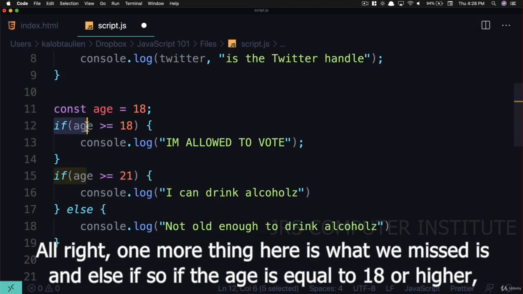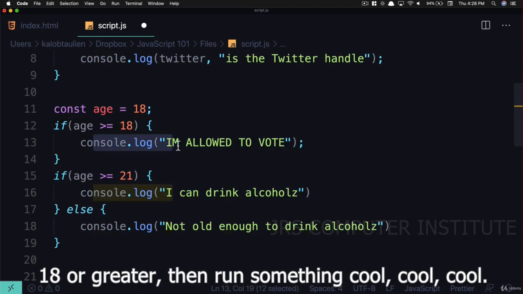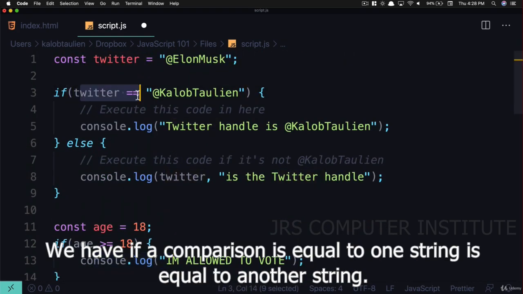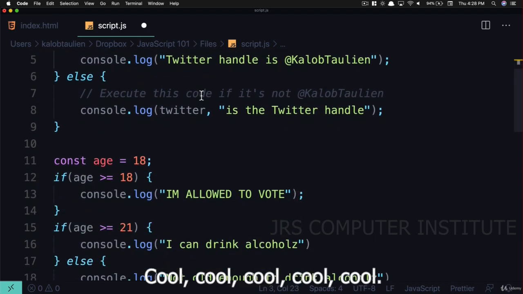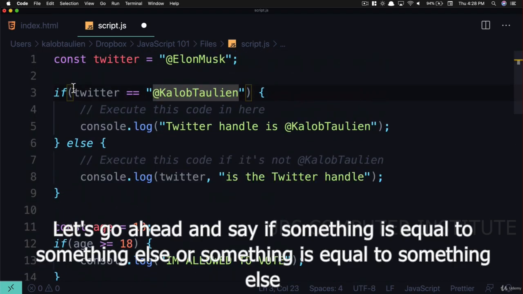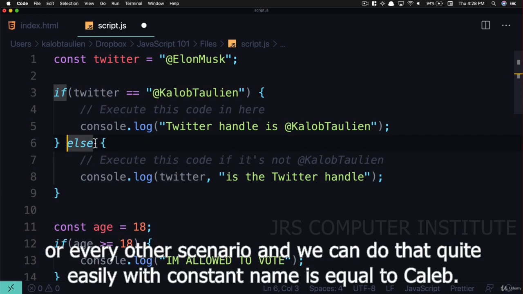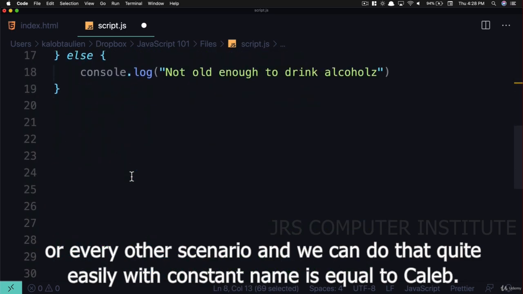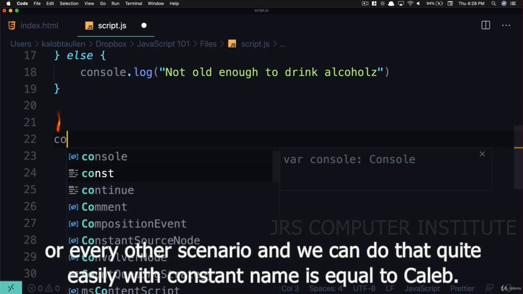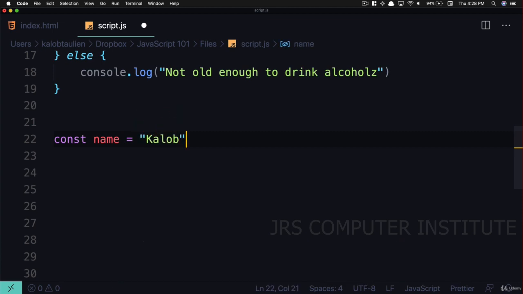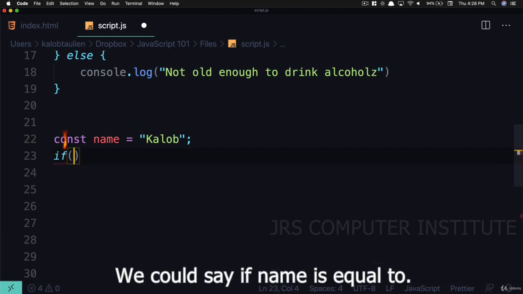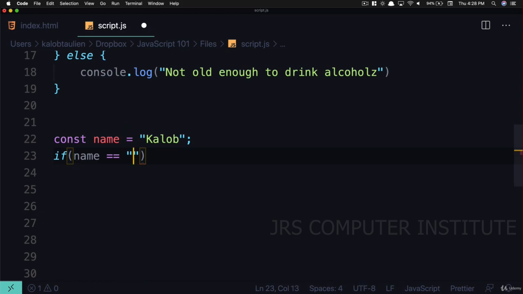Here is what we missed: an else if. So if the age is equal to 18 or greater, then run something. Cool. We have if a comparison is equal to, one string is equal to another string. Let's go ahead and say if something is equal to something else, or something is equal to something else, or every other scenario. And we can do that quite easily with const name is equal to Caleb. We could say if name is equal to